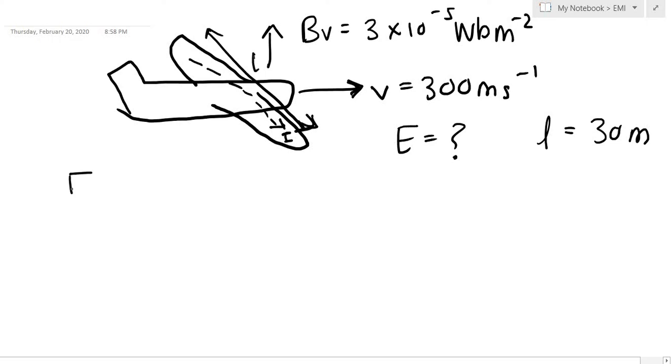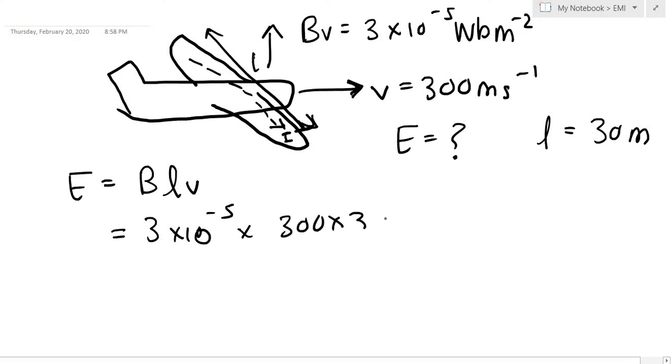And we know our formula for that is equal to BLV. Substitute everything in: 3 into 10 to the power of negative 5 into 300 into 30. You get an answer of 0.27 volts. And let me remind you that when a plane is moving, it is always